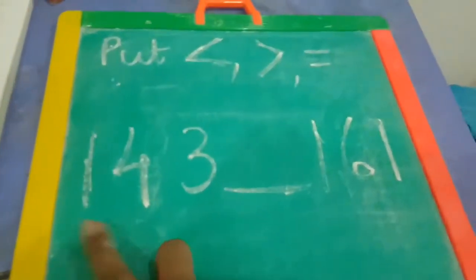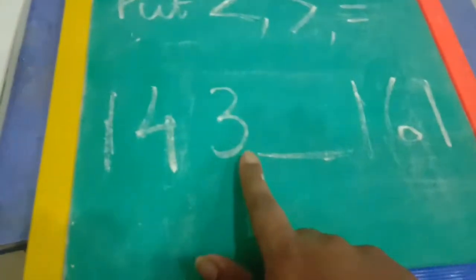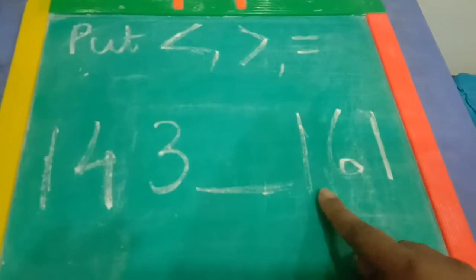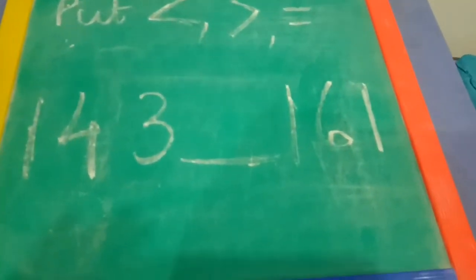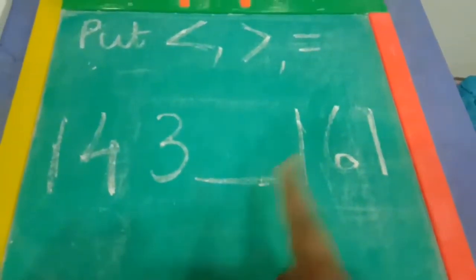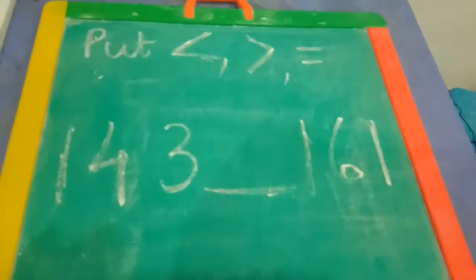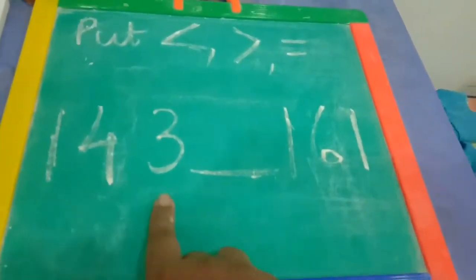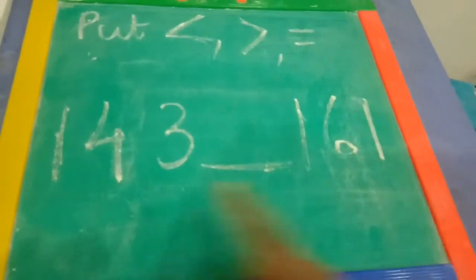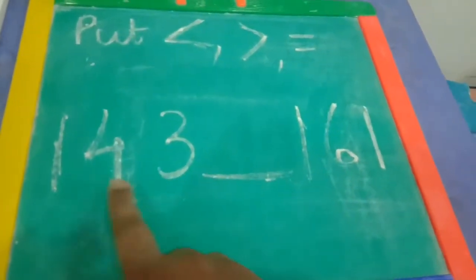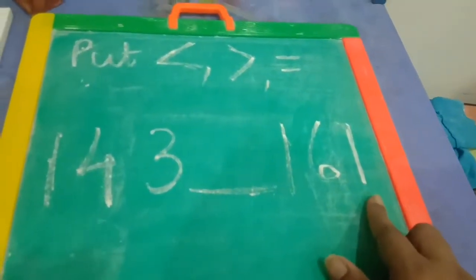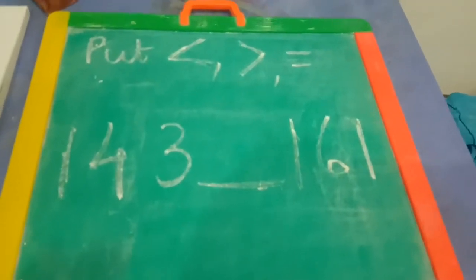Now look at these two numbers. This is also 1, 2, 3, a three digit number. This is also 1, 2, 3, a three digit number. Now, in the earlier two examples, the difference was clear. But here, we have to do one more step ahead. That is, first of all, identify the digits. So here we have a three digit number, and here also a three digit number. So in this case, what will we do?